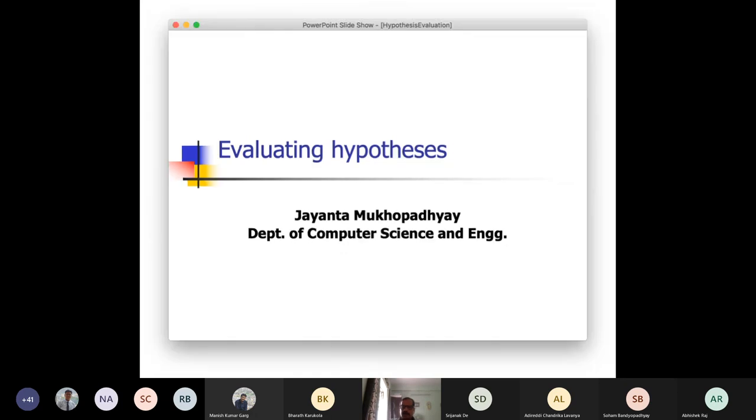Fine. So today we will discuss a particular topic, that is, how do you evaluate the hypothesis? This would be interesting because you are also doing your assignments and the performance analysis of the algorithms that you have implemented, of the classifier that you have implemented. Particularly, you are working on decision tree. So